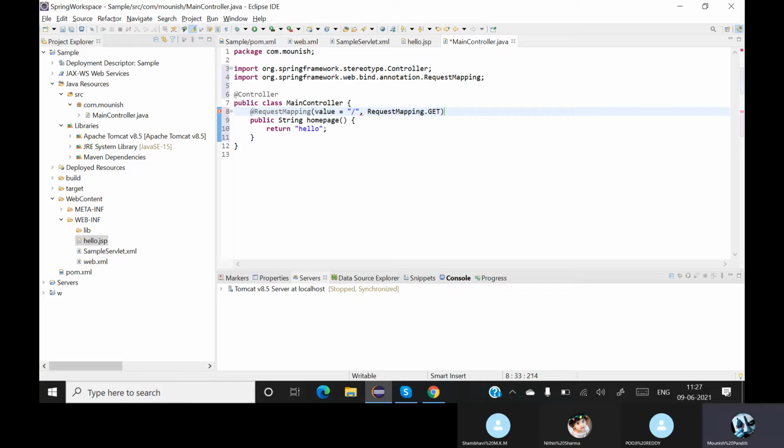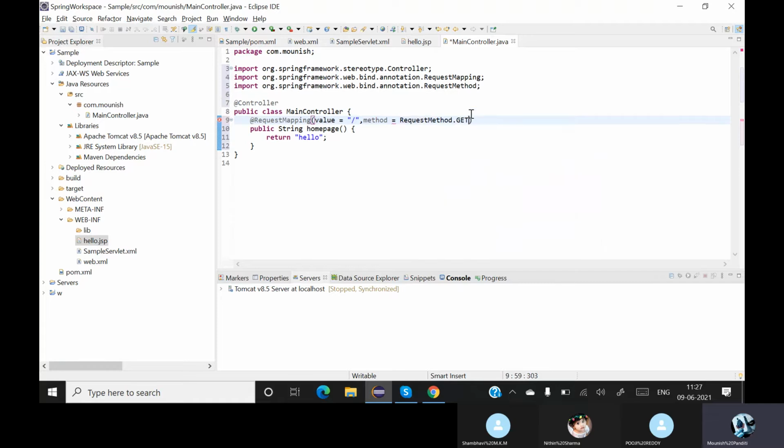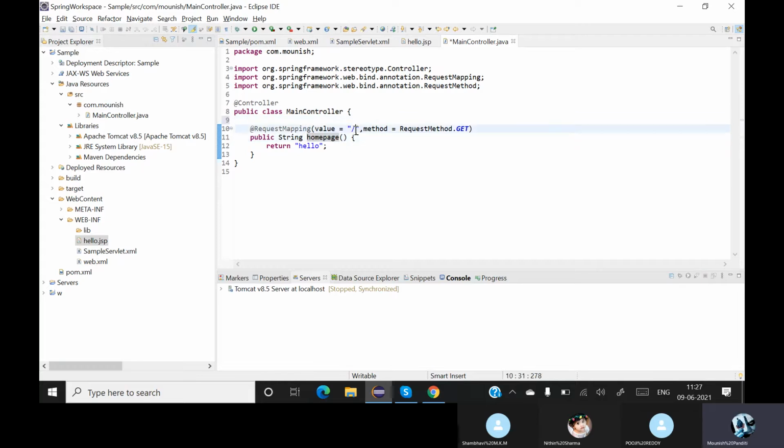Yeah, I need to specify that this is a method. So method equal to RequestMapping dot GET. So this is giving me an error. Okay, let me first do it like this. Now, yep, RequestMethod dot GET. Okay, so I'm just mapping these things. Now I'm saving everything. So till now I hope everything is clear. This is just a method where it is calling your home page, and that too this particular length.